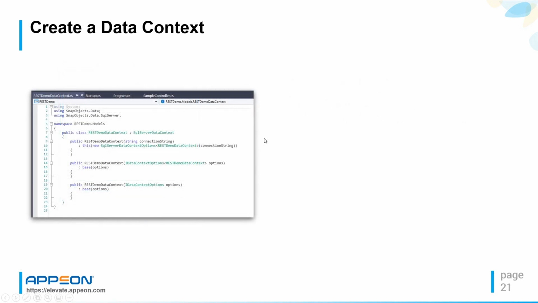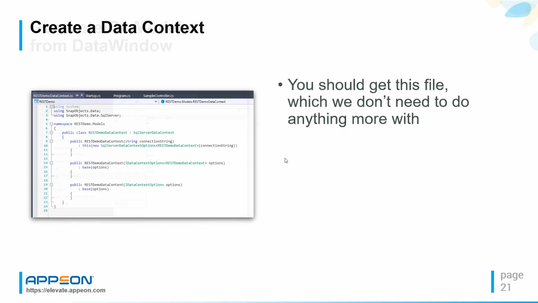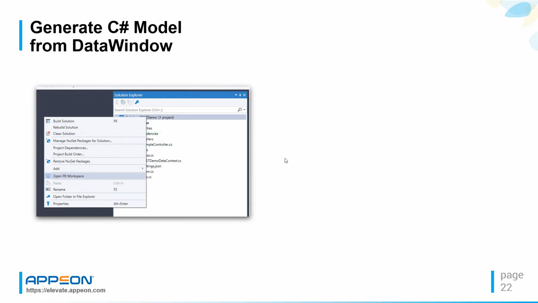So here's our data context. Not a whole lot to it, and we're not going to do anything with it. That's just what gets generated. Okay. Now we need to generate a C# model, and I should point out that unless you're going to be working with multiple databases, you do that step once. This next step, most of these other steps, you're going to be doing over and over again